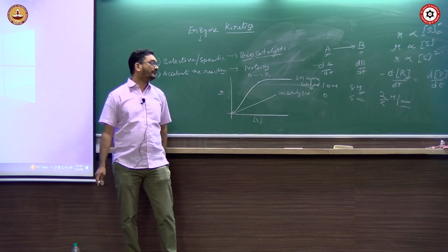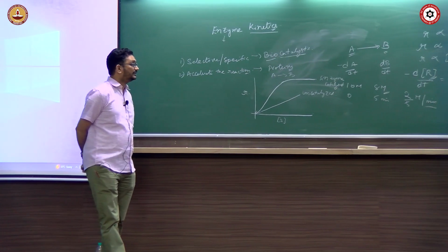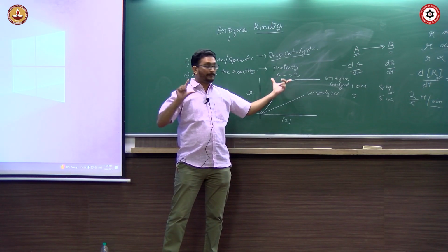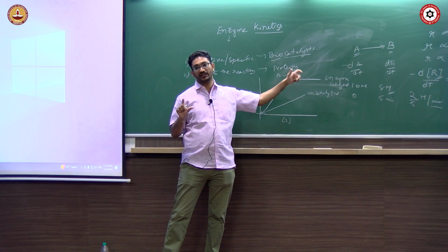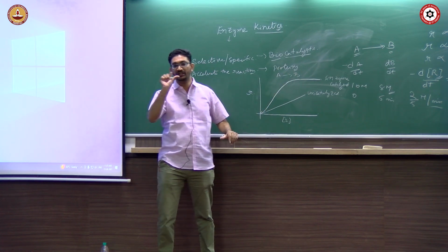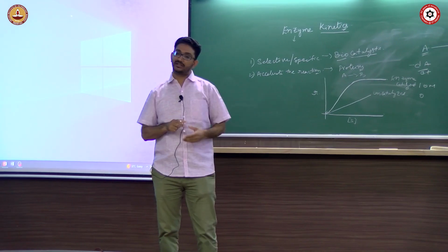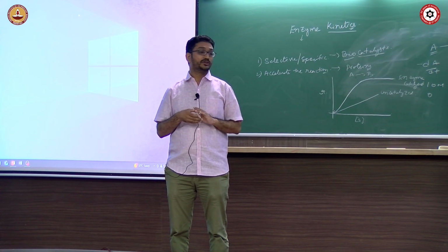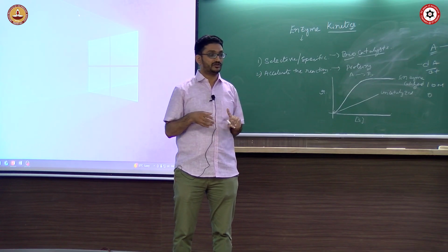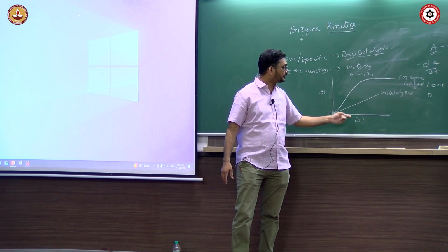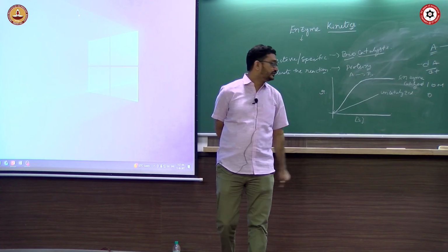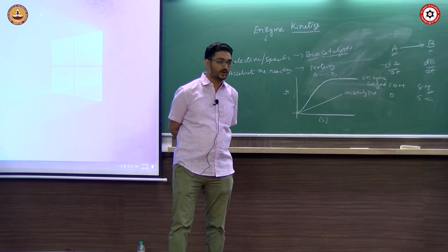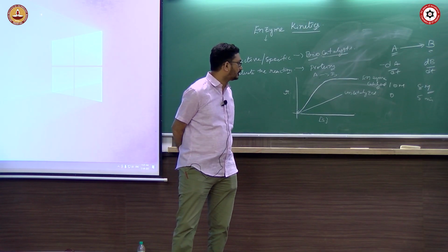So this is a mathematical specialty, or this is the specialty of an enzyme catalyzed reaction, that for the same reaction, depending on the substrate concentration, the order of the reaction can change within the same reaction. So that means you can fine tune the rate of the reaction by changing the substrate concentration, because when you change the order of the reaction, you can fine tune the reaction rate, right? So you can fine tune the reaction rate by changing the substrate concentration. So this is something that you don't find in any uncatalyzed reaction. Only in, so this is one of the Michaelis-Menten catalyzed reactions. There are other kinds of reactions which have a sigmoidal curve and other sigmoidal nature and other things that we'll not talk about now.